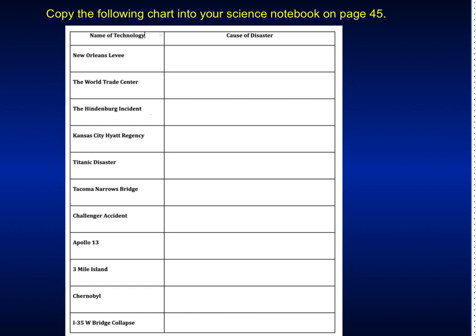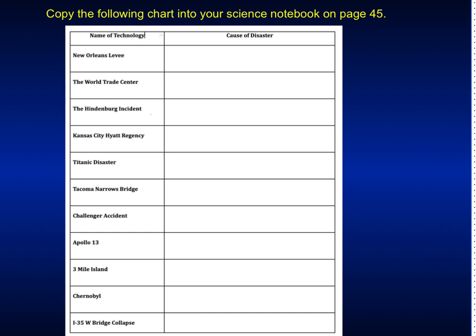So on the left-hand side there, we'll start with that first, and that's the name of the 11 different types of technology there. And I'm going to read them off fairly quickly, but in a moment you can always pause the video to get yourself caught up. But we're going to take a look at the New Orleans levee, the World Trade Center, Hindenburg incident, Kansas City Hyatt Regency, the Titanic disaster, Tacoma Narrows Bridge, Challenger accident, Apollo 13, Three Mile Island, Chernobyl, and the